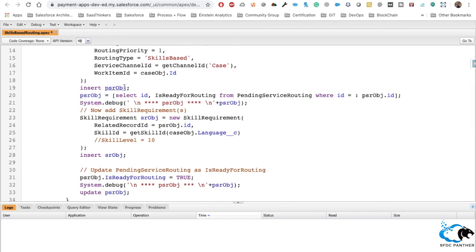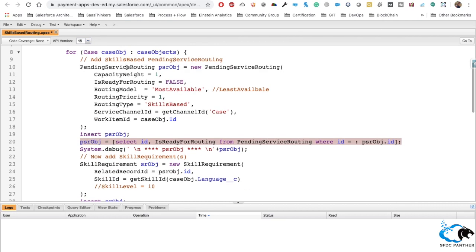Now we are again doing the query on the same object that we just inserted, that is pending service routing. We are querying only two fields, one is id and one is ready for routing.